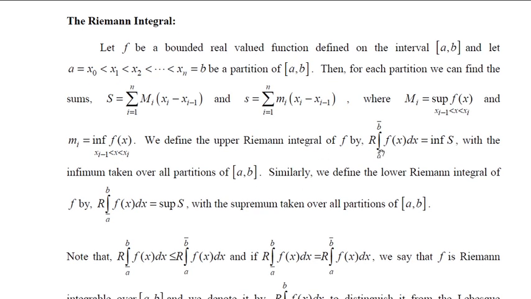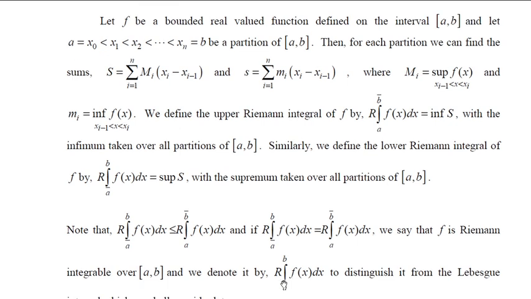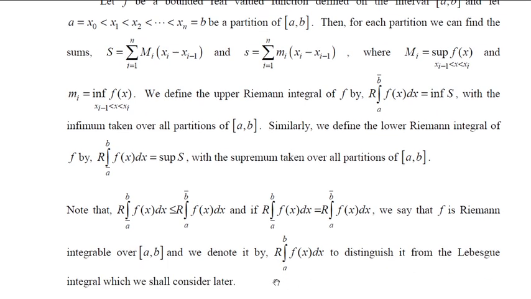Now we knew that the lower Riemann integral is always less than or equal to the upper Riemann integral, and in fact these two are equal to each other provided f is Riemann integrable over the closed interval [a, b], and the common value is denoted by R integral a to b f(x) dx. Why are we writing R? Just to differentiate this one from the Lebesgue integral, because we are going to discuss these two, Riemann integral